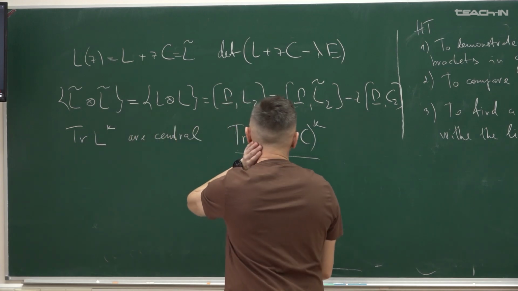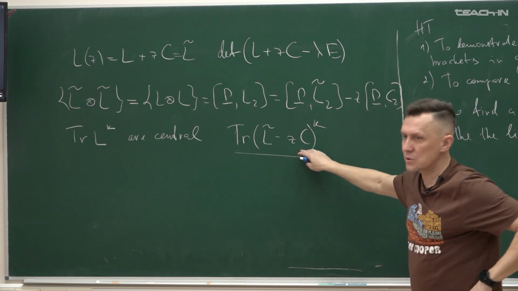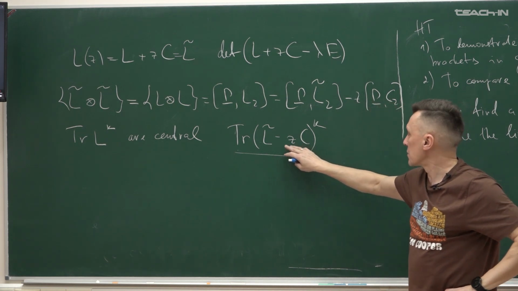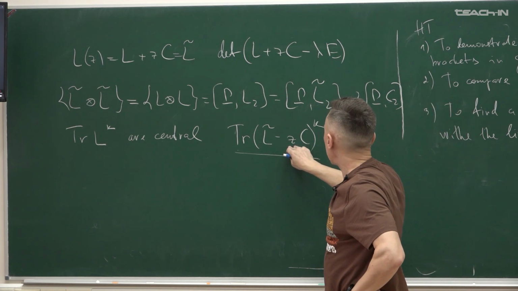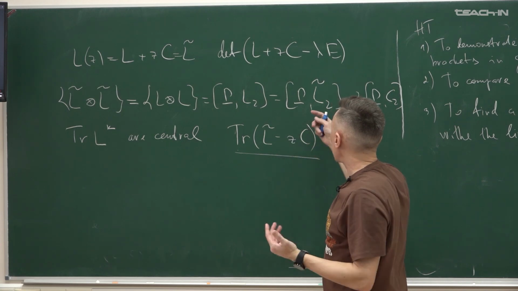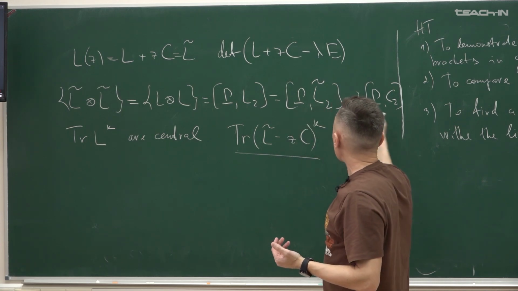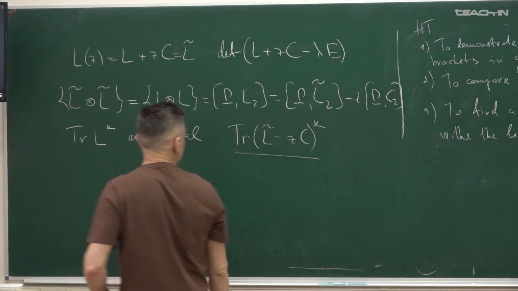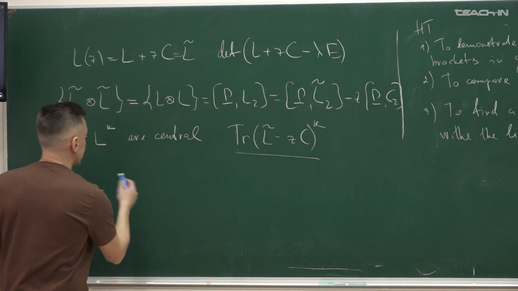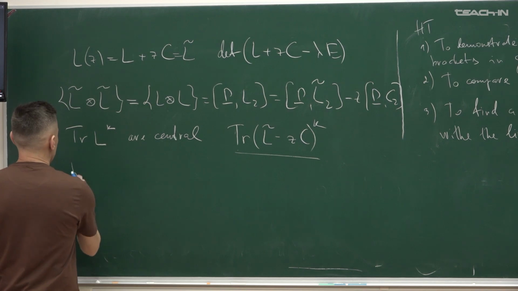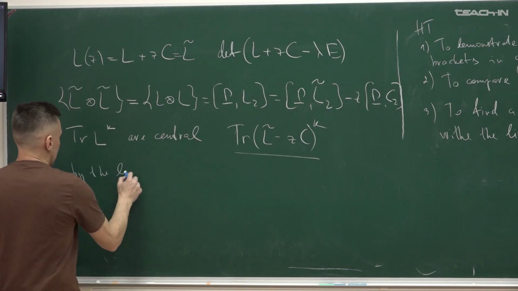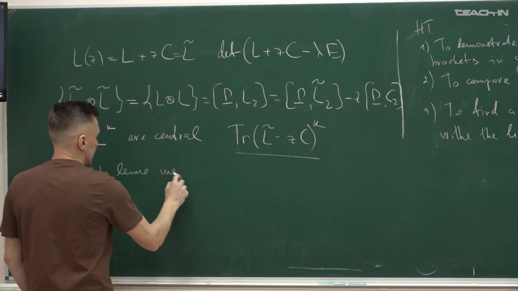And by the lemma, it means that all the coefficients of this function with respect to Z commute with respect to both Poisson brackets. By the lemma, we get